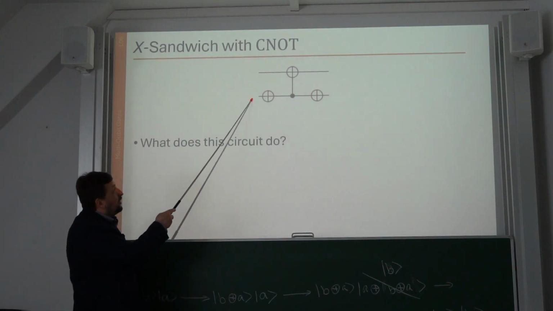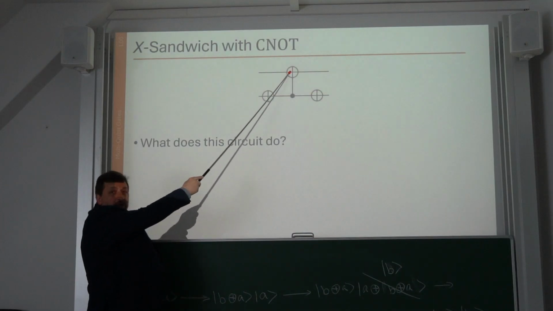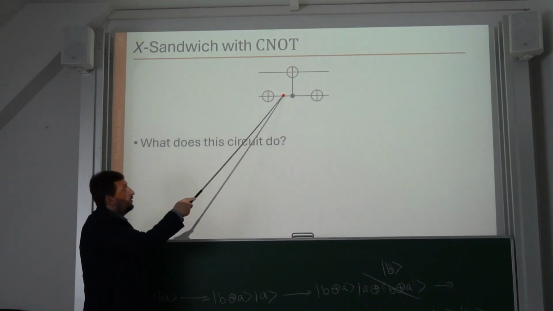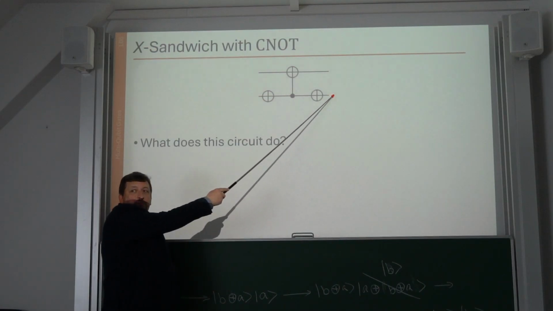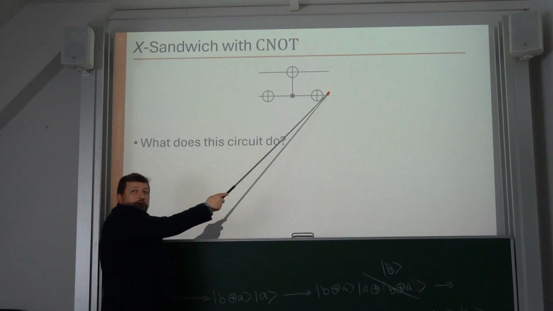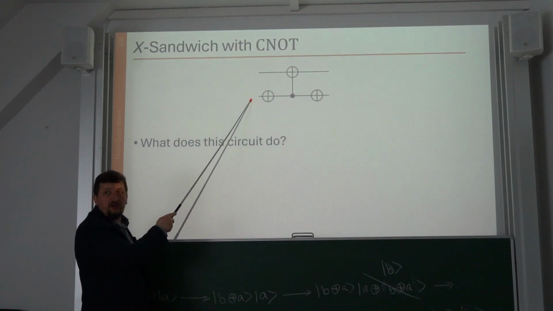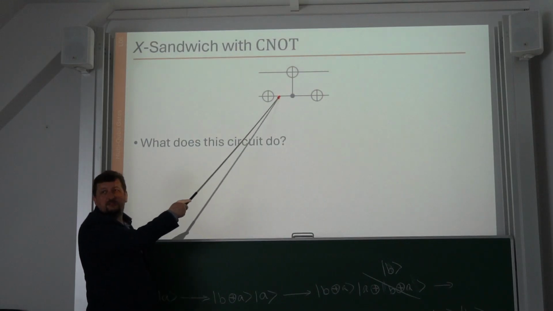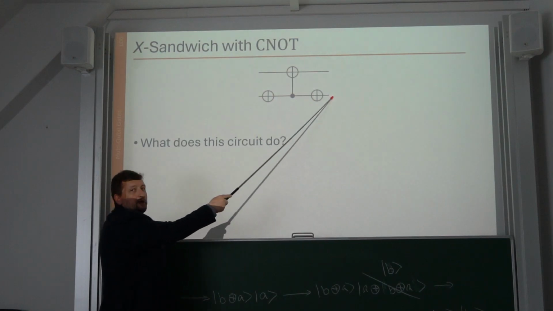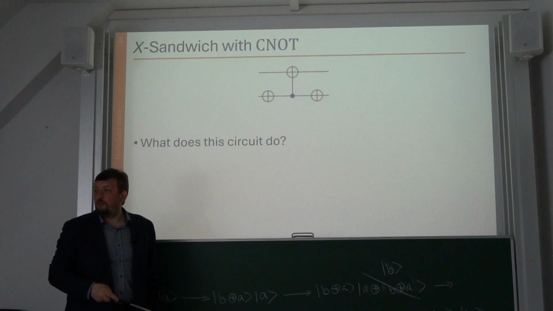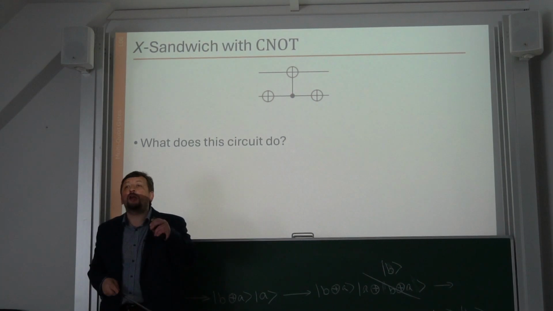Okay, so let's see. If here is 0, I apply the X gate, I get 1. I apply the NOT gate to the target qubit. And here I have 1, and I apply the X gate again, so I end up with 0. Started with 0, ended with 0. The effect is application of the X gate. If here I have 1, apply X gate, 0, okay. I do not do anything to the target qubit. Apply X again, 0 becomes 1 again. So this sandwich changes the control